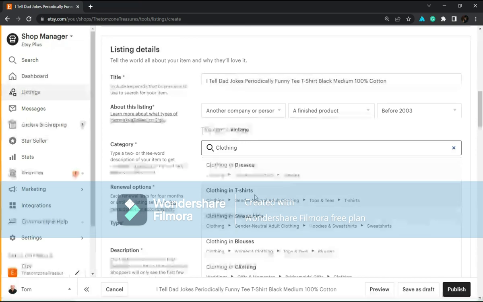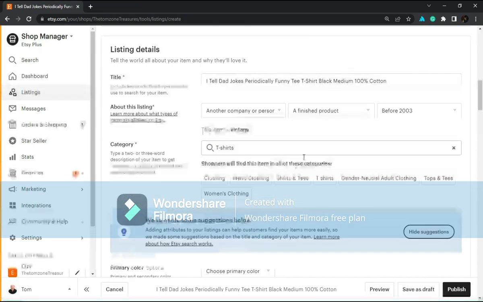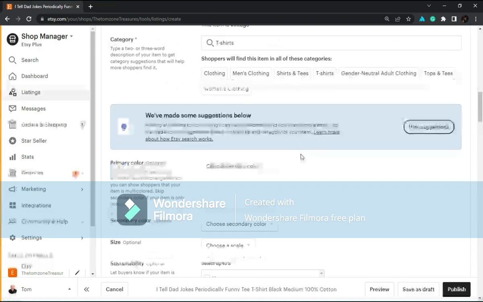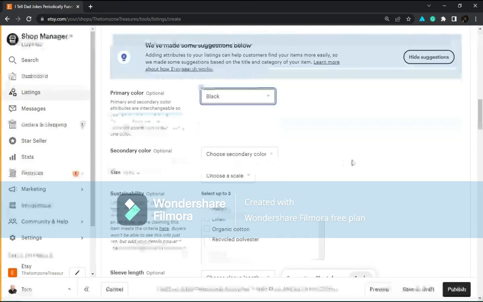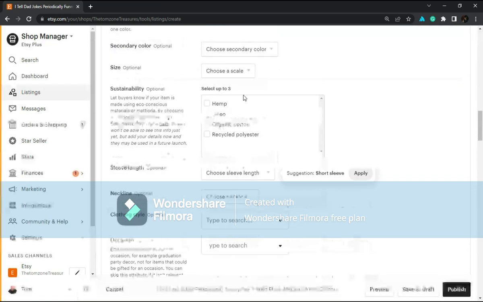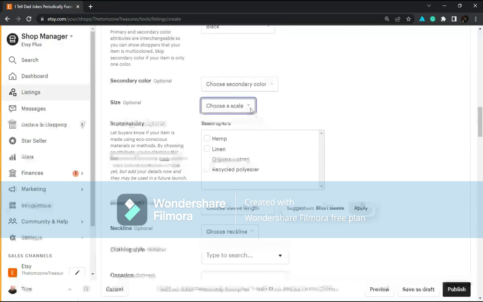Sweatshirt, no, it's clothing in t-shirt. Okay, and the primary color of this item is black, and the secondary, no, I will not put a secondary color because it is also optional. So the size of this item is a medium size,